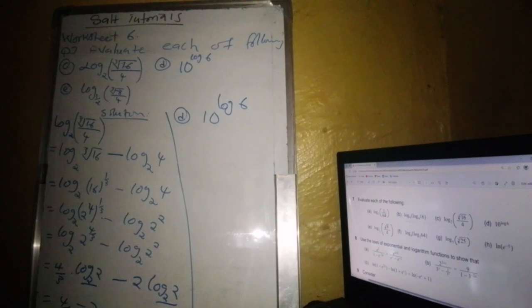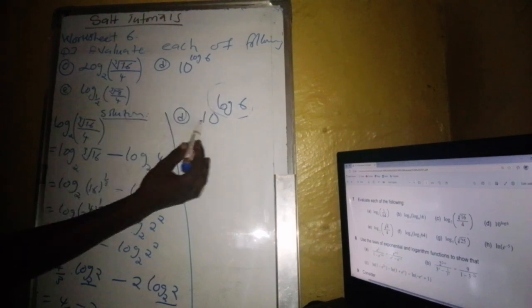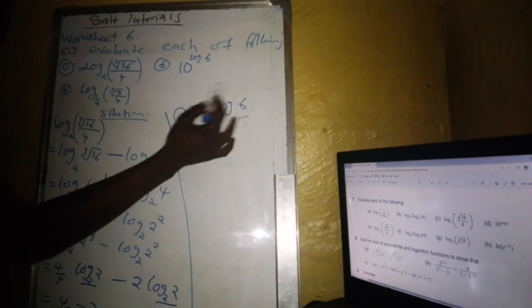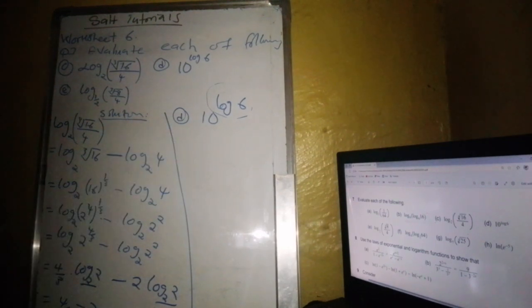Since most of you, in most of your courses and in business mathematics, you still have the idea of calculators. Some of you just simply say punch log 6. The answer, you say 10 power, the answer for log 6, because your calculators have a provision for log of base 10. Apart from that, you can still use the property which says that